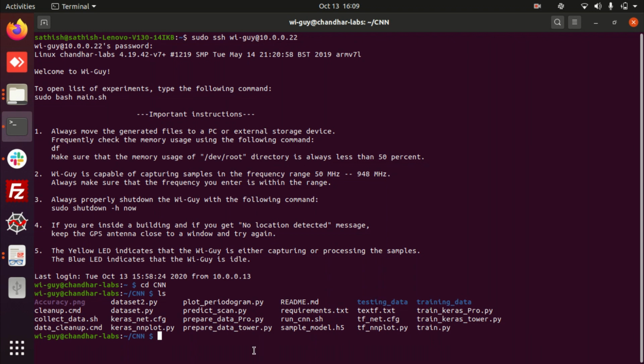For example, now if I give ls testing_data, it is not listing out anything. That means the folder is empty, no files found inside. If any files are found inside this folder, it lists out the files present in testing_data. Similarly for training_data. The white color represents files, and the blue color represents folders.